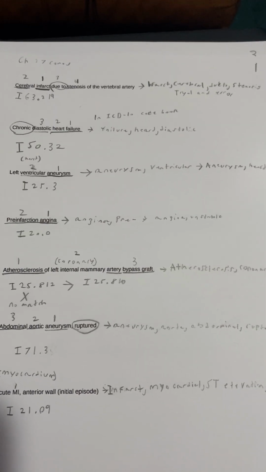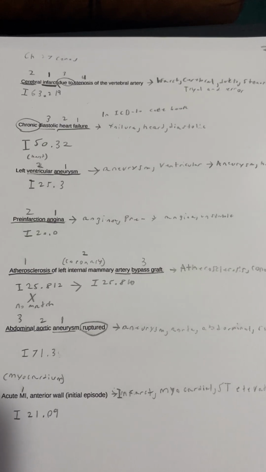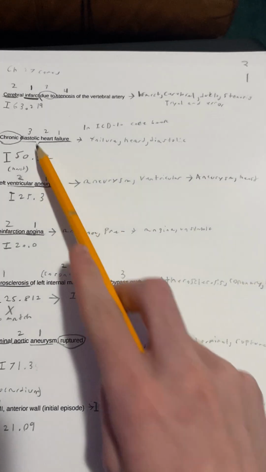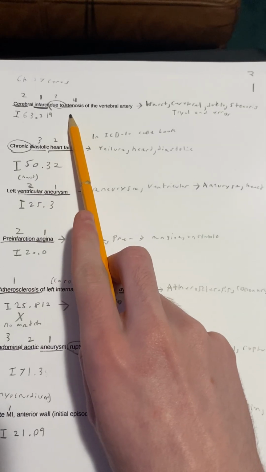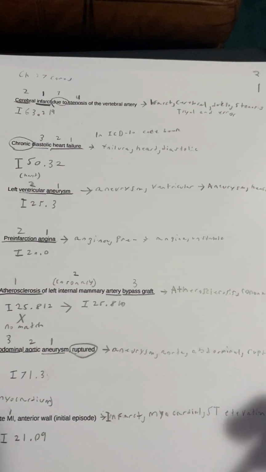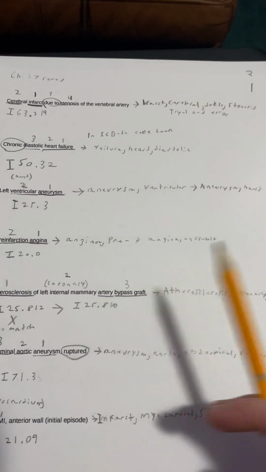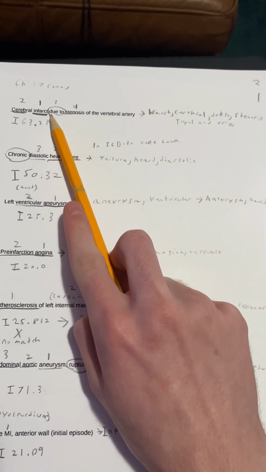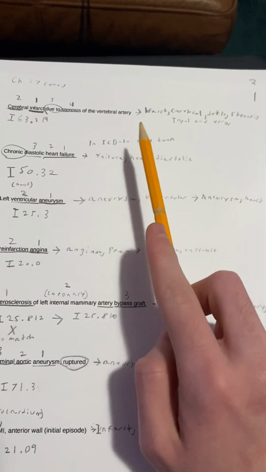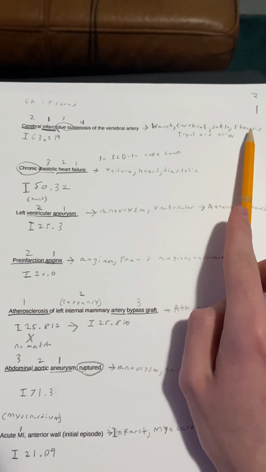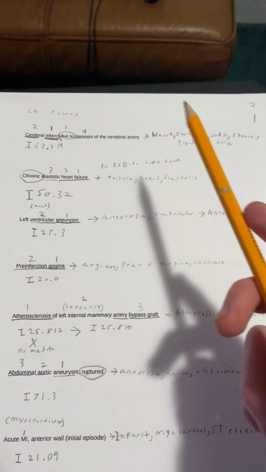Alright, this is a mapping proof for chapter 27 and chapter 28 case studies. So first off, we got a cerebral infarct due to stenosis of the cerebral artery. What I did is I used the ICD-10 online code book, and I started by going to infarct. Sorry for my pronunciations of anything. And then cerebral, then due to stenosis. Now I had to look around a little bit, but I ended up getting to